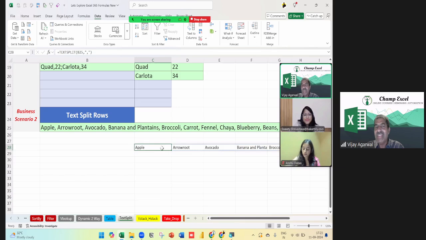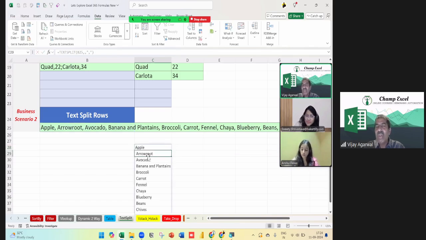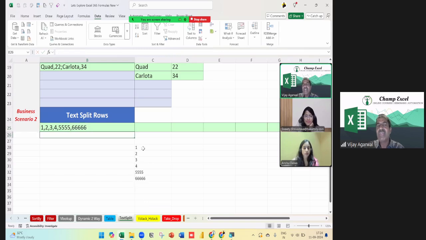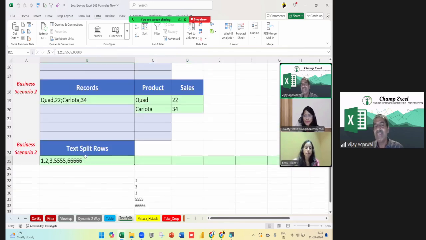And one more beauty of this is, in case my splitter is not column but row, this is going to split into the rows. So if I put here 1, 2, 3, comma 4, comma 555 or 666, immediately, as you see, I'm getting this data in real time. Even if I delete some data from here, like 4, automatically it takes care. So these are the new formulas, TEXTSPLIT. That is also an Excel 365 single cell formula. This is going to help us.